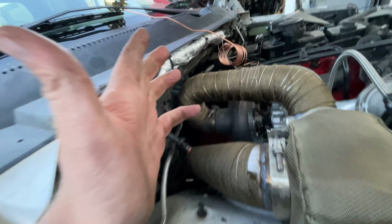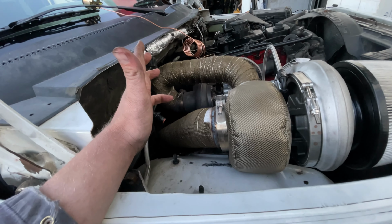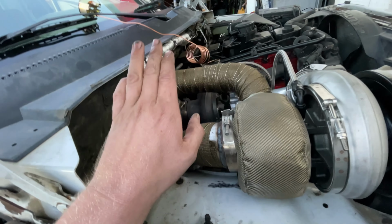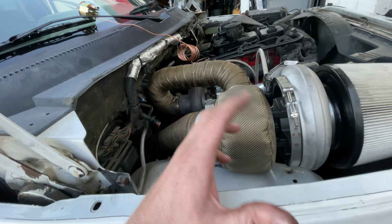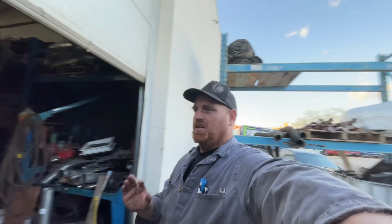But if not, I'm not going to bother. The wrap was probably, I don't know, $30 or $40. Not super crazy. So this is not the cheapest way to do this by any stretch. You could do it with cheaper turbo. You could do it with different fittings. You could do it, but I like to do them relatively nice when you're doing it, because, you know, if